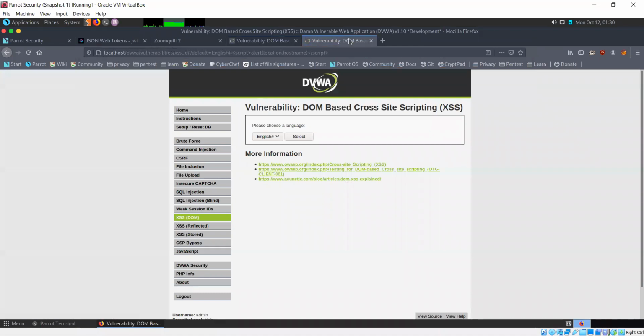So even in this case, we are able to run the script, and our cross-site scripting attack is working.